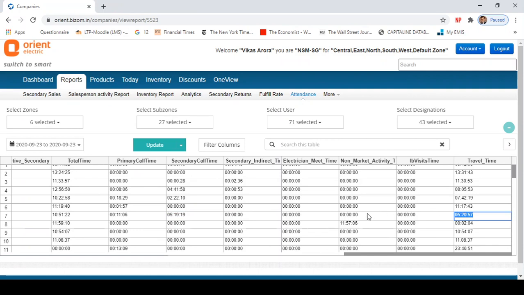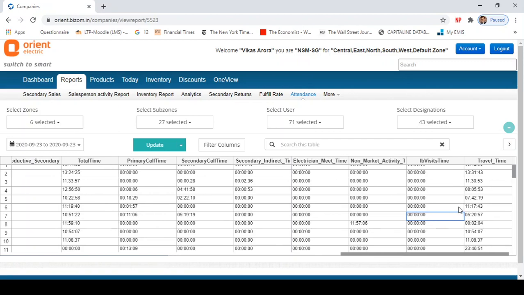Since currently the focus is on pushing the sales team to mark their different visits, we are not really pushing the sales team for the time that they are recording. However, going forward, we need to tell the team that they just do not have to mark the visits and record their orders, but also mark it in a proper manner such that when they are starting the visit, they start the call, and at the end of the visit they submit the call so that their time gets captured accurately. Otherwise, as you can see currently, the travel time will end up becoming very large for a lot of the users.